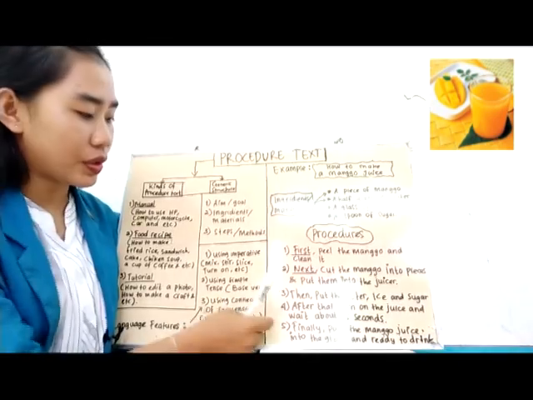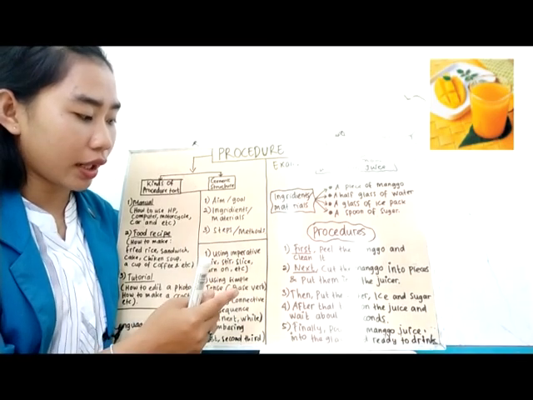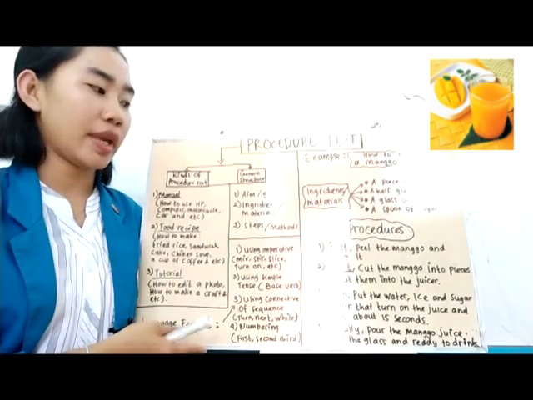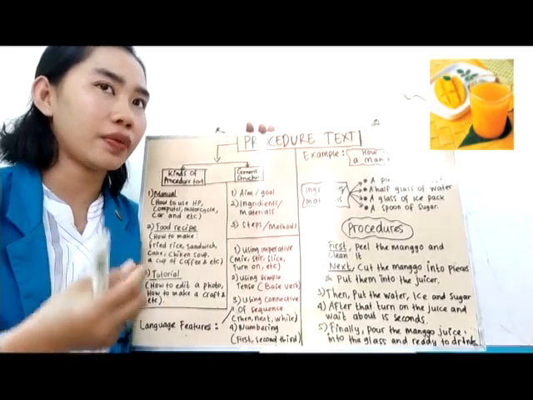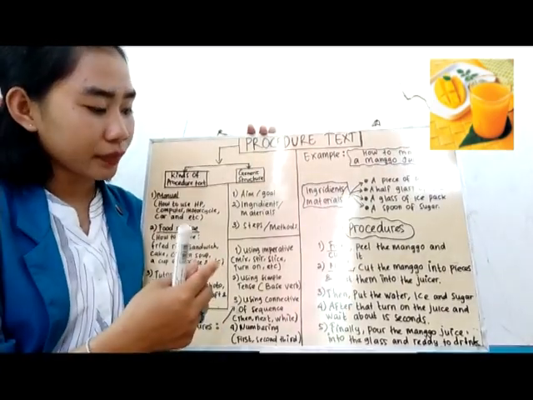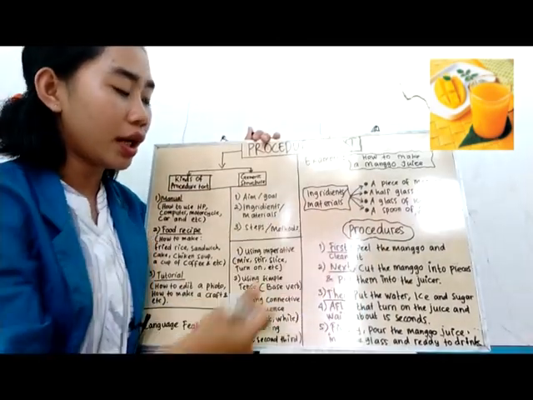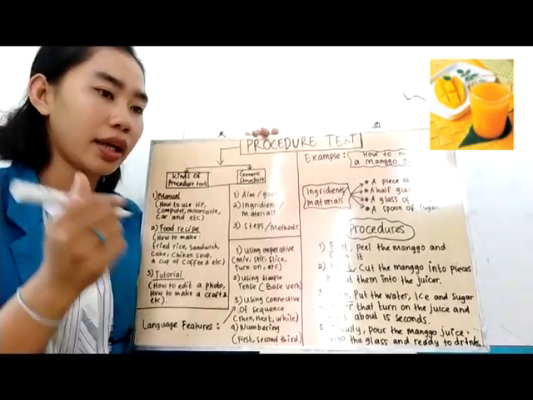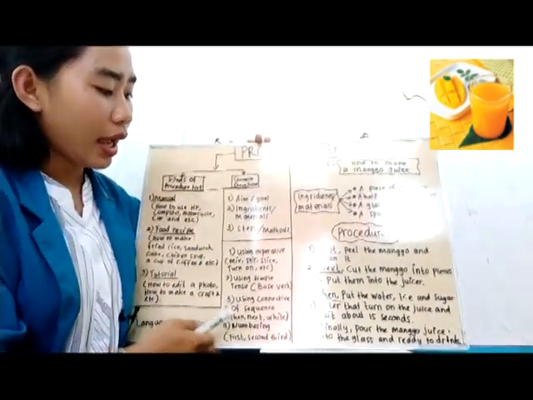And then third, put the water, ice, and sugar. To make a better taste, we need to give the water, ice, and sugar into the mango, and then into the pitcher of mango. And then after that,